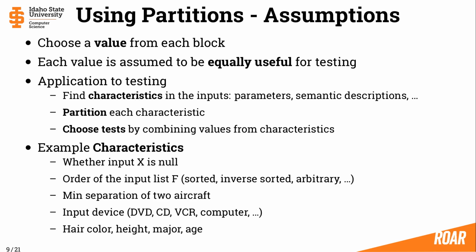Example characteristics can be whether input X is null, the order of the input list F, so is it sorted, inverse sorted, arbitrary, or whatever, the minimum separation of two aircraft, or the input device, was it a DVD player, CD player, VCR, computer, what is it? And then, if we're breaking down people, we could partition them by their hair color, height, major, age, a variety of different characteristics, all right? So now,